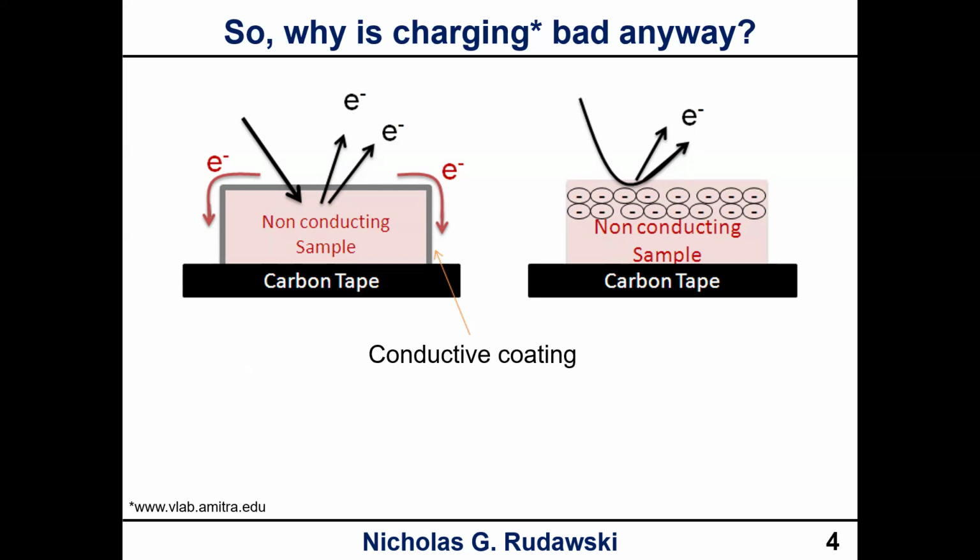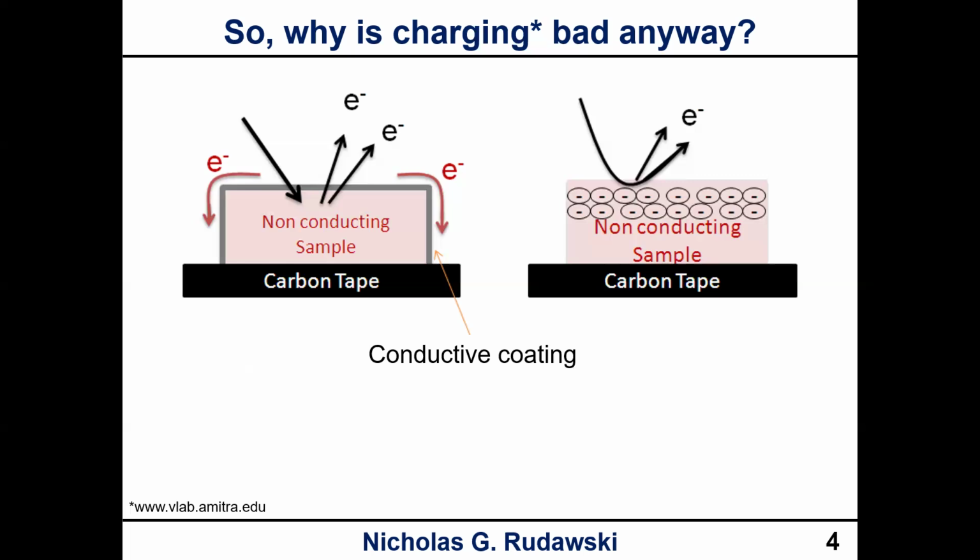Okay, so all of those electrons that are shot at the sample, they now have a way to effectively wander out of the sample and make it to ground. So we don't end up with a charging issue here. But let's say instead that we don't have a conductive coating. Then we end up with an accumulation of charge near the surface,